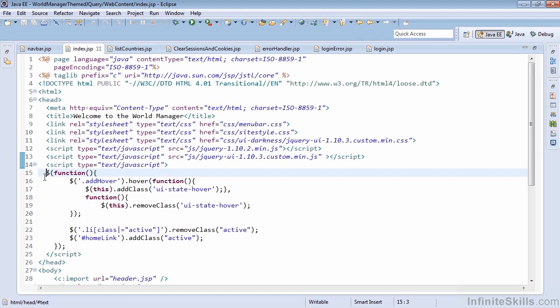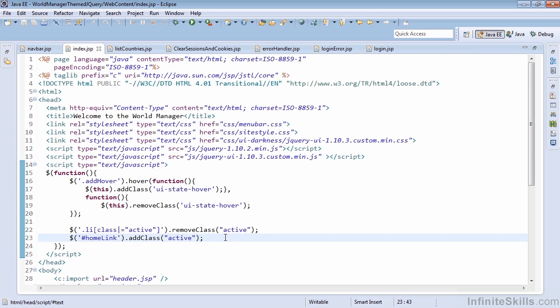Now, this is a little bit of jQuery syntax, and all this block here is going to do is run a function once the document is loaded. So what we're doing is we're adding the hover so that when we hover over the button, we can actually see the CSS style change, and will allow us to then see the change in the button. And here we have one more